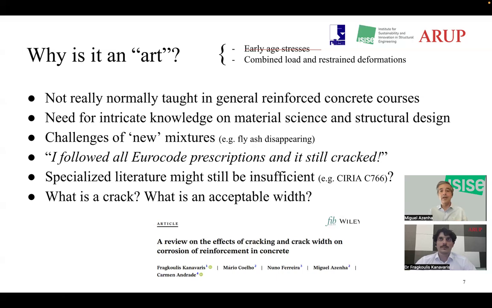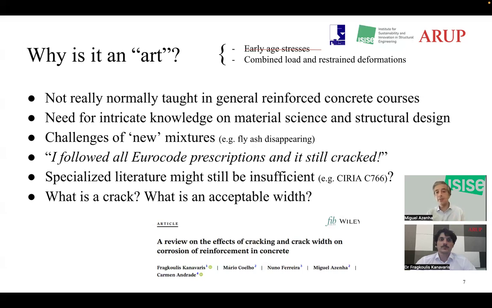So for that reason, and even speaking about my personal experience, I've been witnessing significant numbers of situations where cracking starts to happen, when experienced engineers on site and designers as well were witnessing normal situations in the past, but with these new mixes, they are witnessing cracking. And then the sentence I mentioned several times: when I was a designer in the beginning of my career, I followed everything that was in the regulation, Eurocode or not, and this still is cracking to an admissible level.